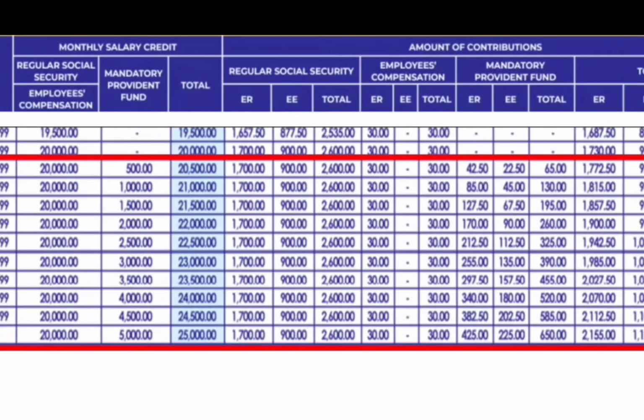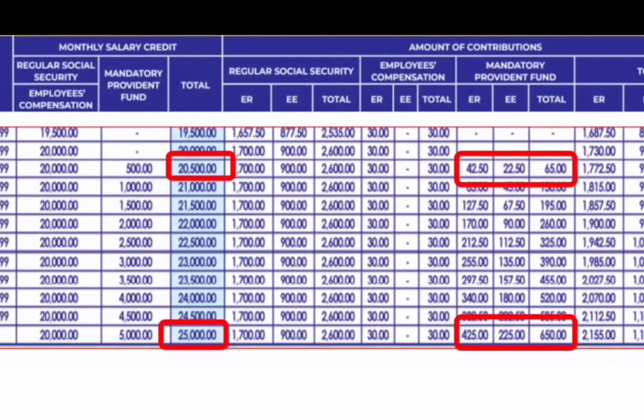So, dito din naman sa table na to, pinapakita niya na pag ang MSC mo ay 20,500 and above, meron ka ng mandatory provident fund. Automatic po yun. So, let's say, ang MSC mo ay 20,500. Ang magiging regular SS contribution mo will be 2,600. EC compensation will be 30 pesos. Provident mandatory fund will be 65 pesos for a total contribution of